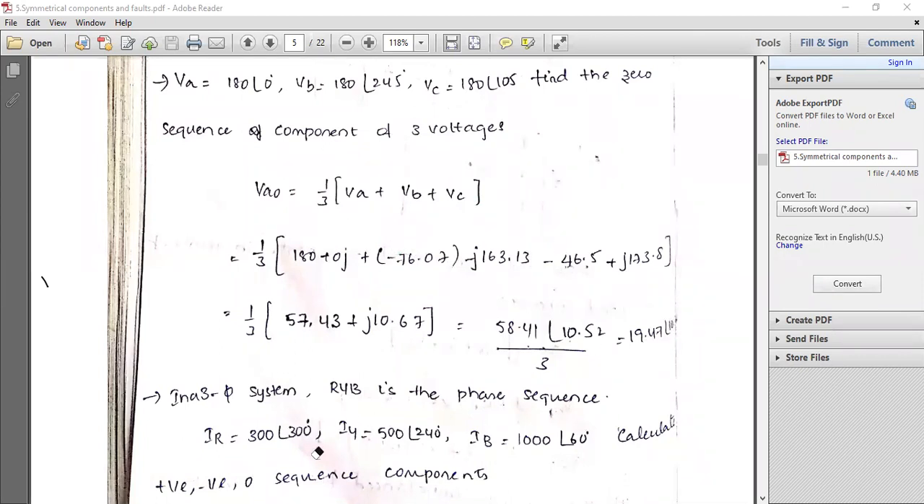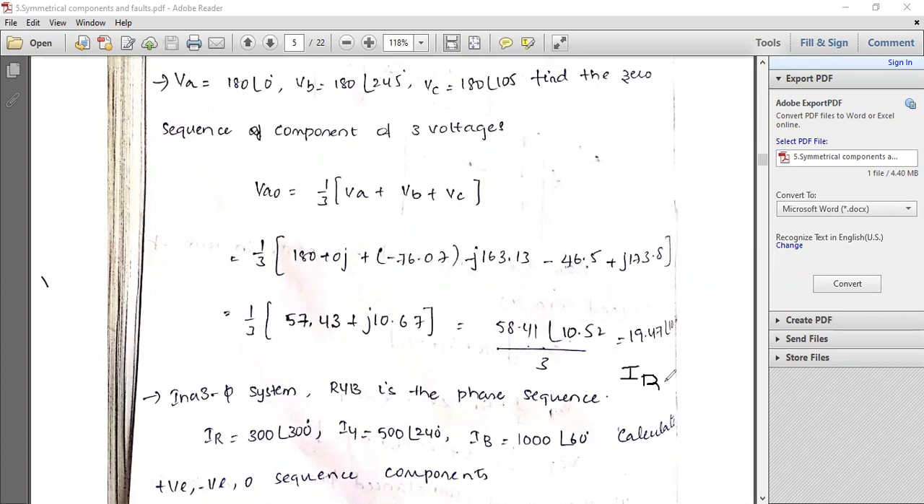IR is equal to 300 at an angle of 300, IY is equal to 500 at an angle of 240, IB is equal to 1000 at an angle of 60 degrees. So calculate the positive, negative, zero sequence components. The question directly mentions the unbalanced phasor information IR, IY, IB, and you have been asked to verify what is